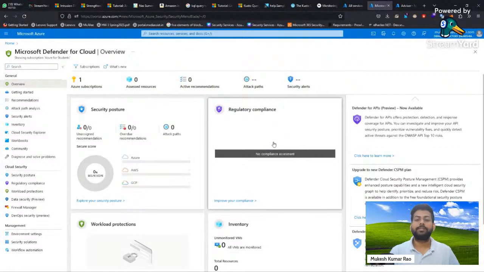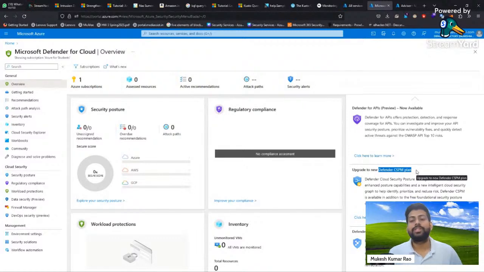Some compliance-related parts we also have, mainly for the governance and policy perspective. It follows Defender with CSPM, that is, cloud security posture management. This is a capability enhanced with new intelligent technology to provide you more enhanced output, or you can say a summary about the resources that you are using. So what the new protection will be, what new configuration you have to do, you will get that overall perspective there.